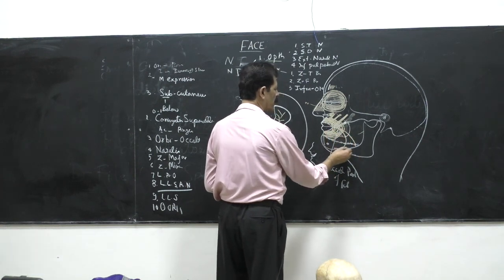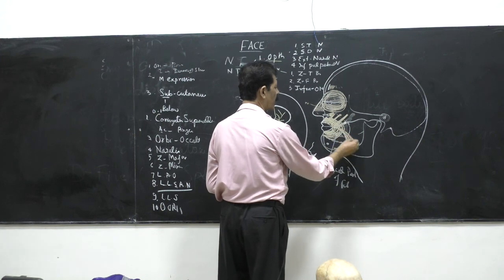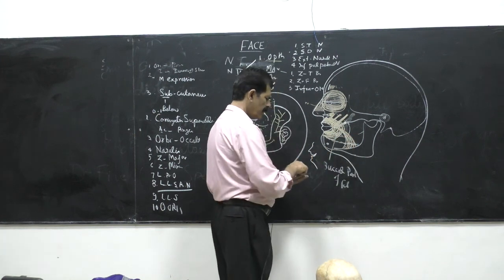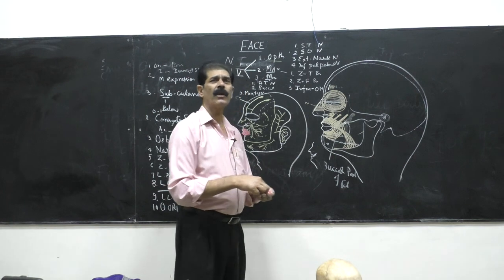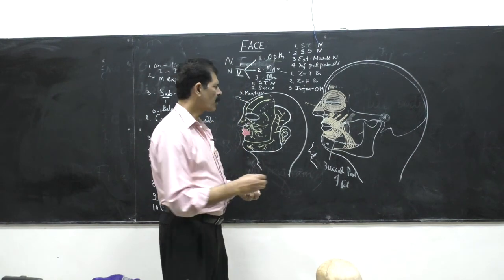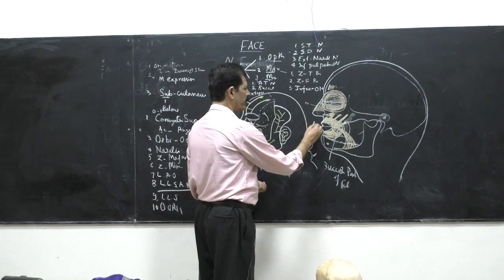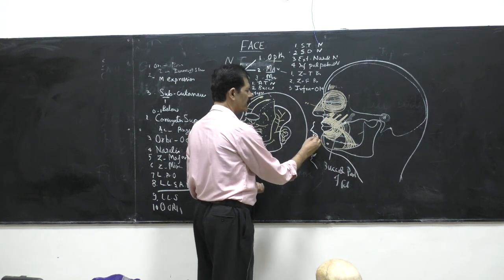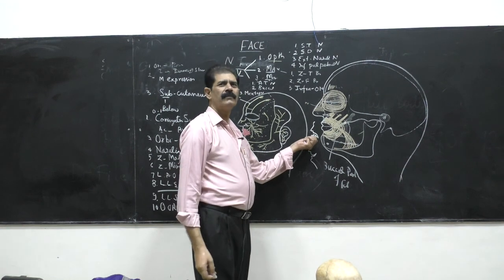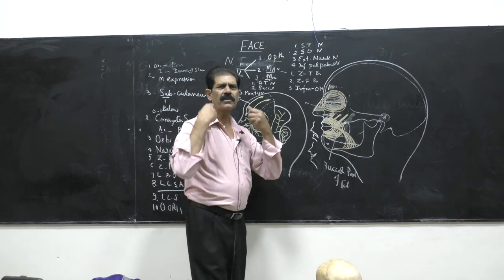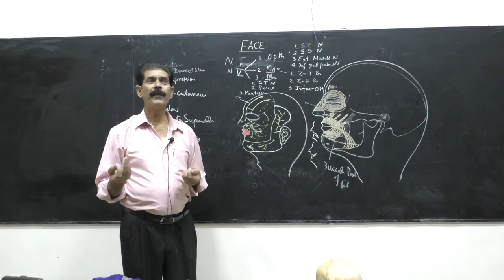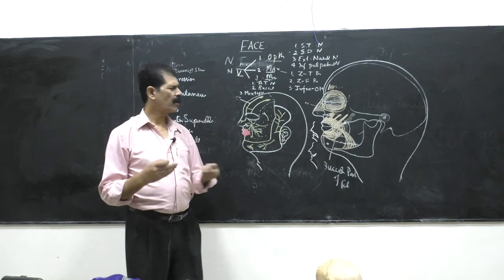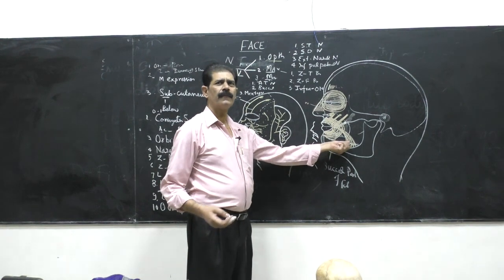Then from the oblique line of the mandible, a muscle takes origin and goes to the angle of the mouth. This is called depressor anguli oris. It is also called the muscle of sadness or sorrow. If somebody says, make the face of the weeping muscle, how do you make it? Simple. This is the expression of sorrow. So depressor anguli oris is the weeping muscle.